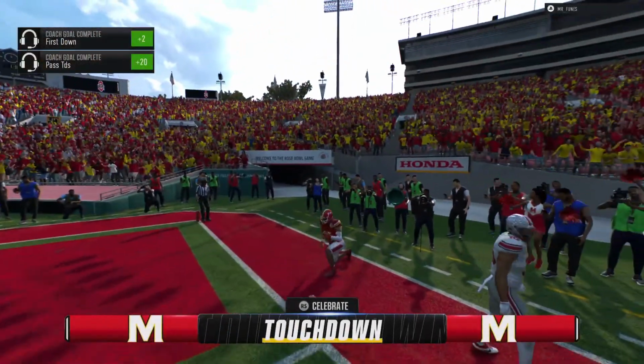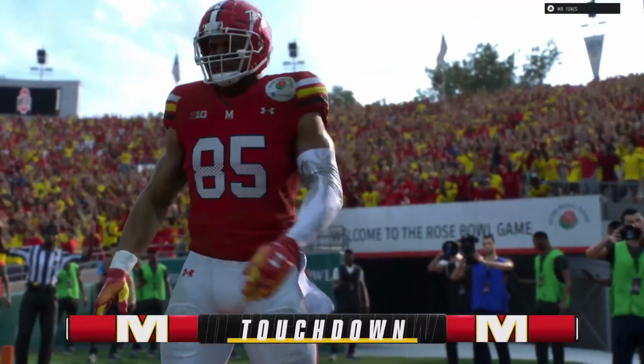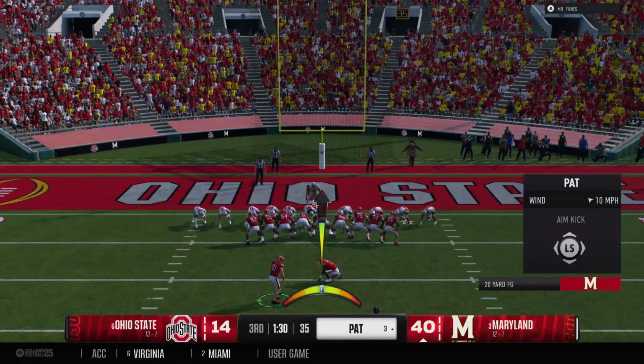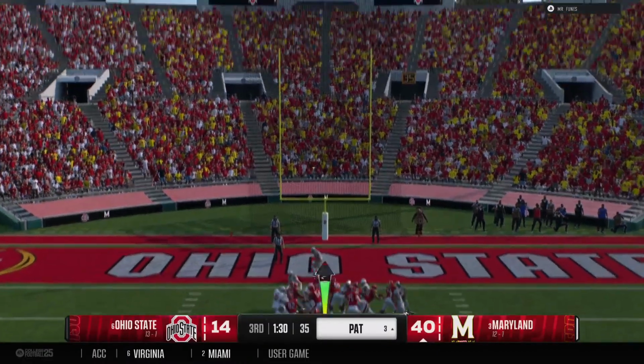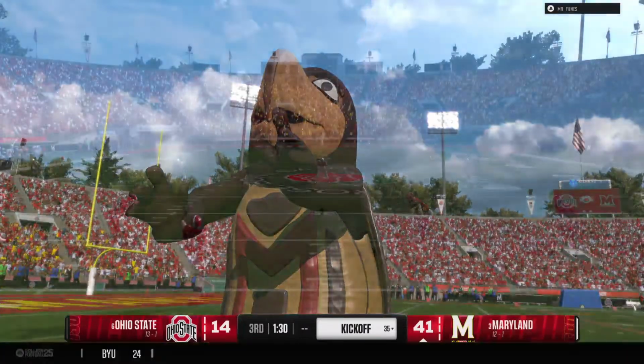Touchdown, Terrapins. This one is getting ugly. Kirk, this quarterback told us this is my time to shine, a playoff game. He has gone out and backed that up so far. Yeah, he's done everything that's been asked of him and more. Just a great job of getting into a rhythm.